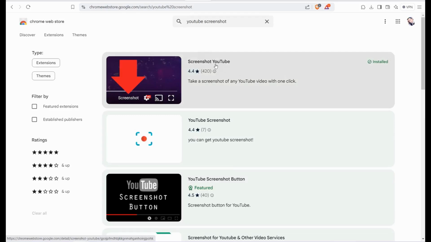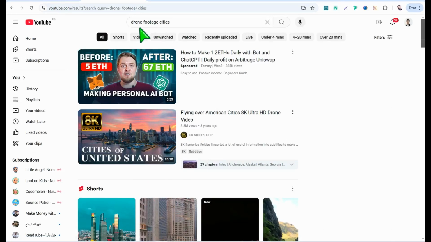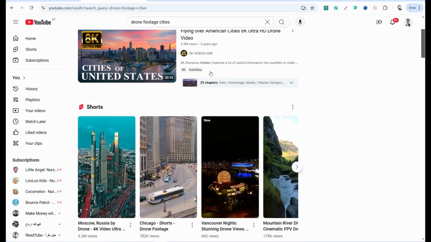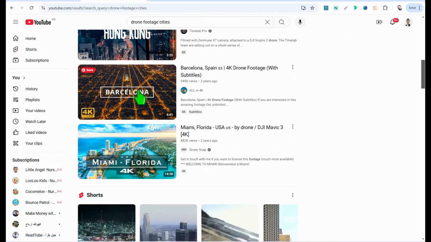Here, by using this amazing plugin, you can take a screenshot of any second in any video without any watermark and with high quality. So when you activate and install this plugin in your Chrome browser, head over to YouTube. And here on YouTube, you can search for something like drone footage cities, drone countries, drone temples, and so on and so forth. Here you can find tons of these beautiful videos made by drone in any country